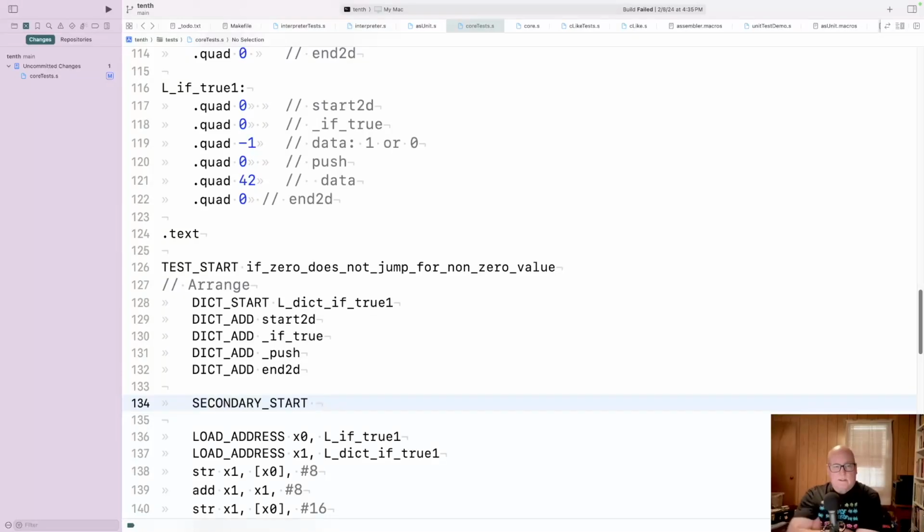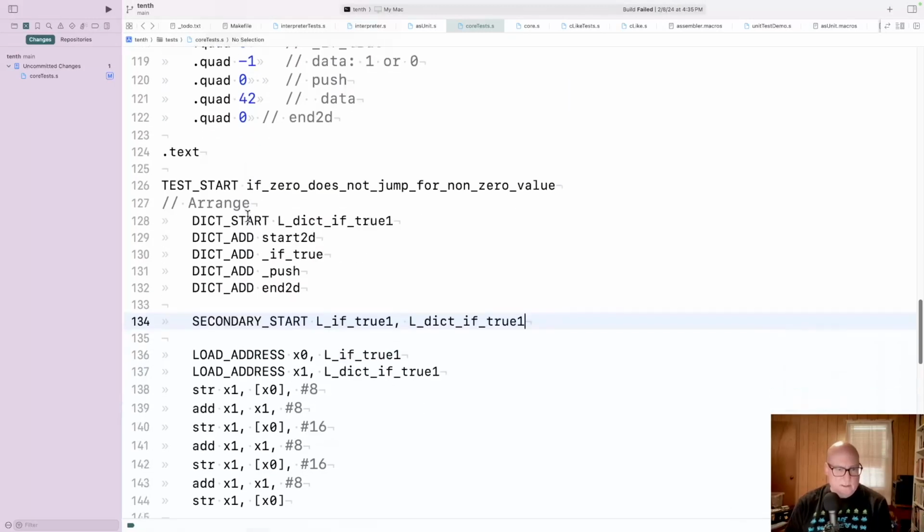Well, it needs to know where we're going to write. Yeah. So this is dictionary. No, I think maybe LF true. Okay, now